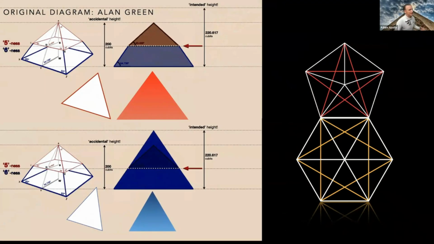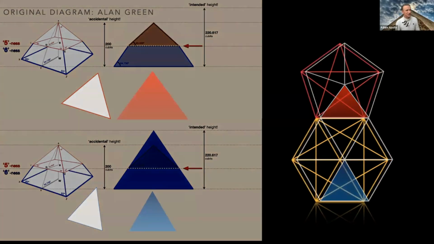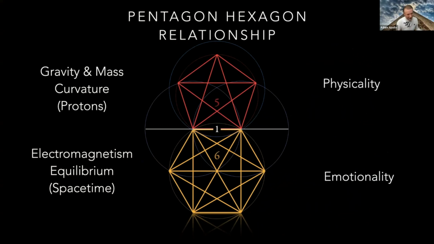And for those of you that aren't really that familiar with geometry, if you've ever heard me talk, you're probably deep into it at this point, or Nassim Haramein or many of my other colleagues. But essentially, getting to know this dynamic of the 5-6 is critical to understanding all of reality. It's actually, in some ways, the key codex of reality, in which all mass, gravity, curvature, and the properties of what make up a physical body and being, all the way down to the phi ratio, essentially forming that curve that your fingers make and the proportions in your body,